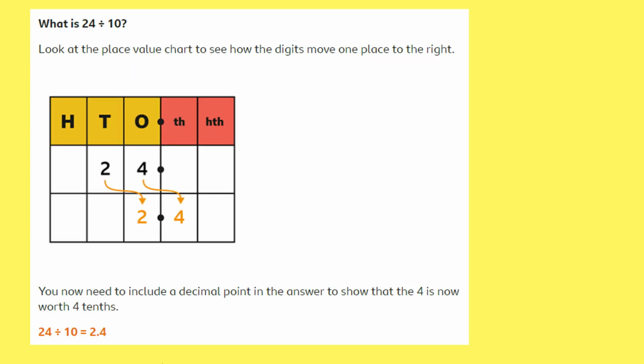Now let's have a little look at dividing by 10, 100 and 1,000. So this time our digits are going to move to the right. They are decreasing, they're getting smaller in value. So 24 divided by 10 will move our digits one place to the right, ending in 2.4. So we do this time have a digit after the decimal place. We've got a 4 in the tens, so we would need to make sure we've got our decimal place in